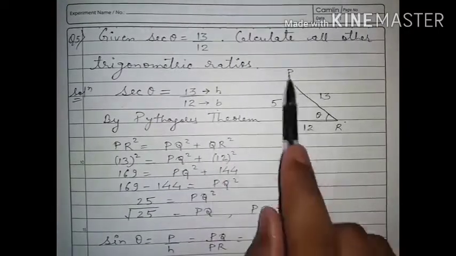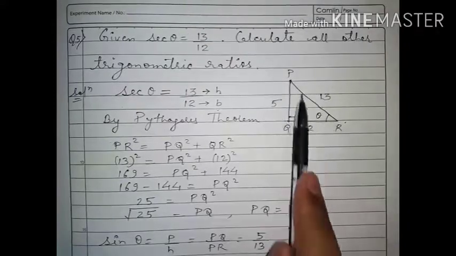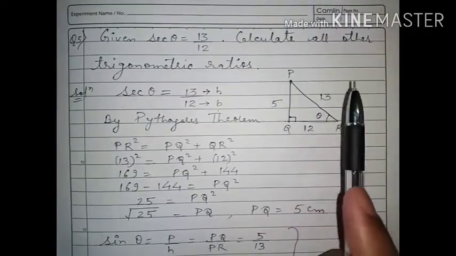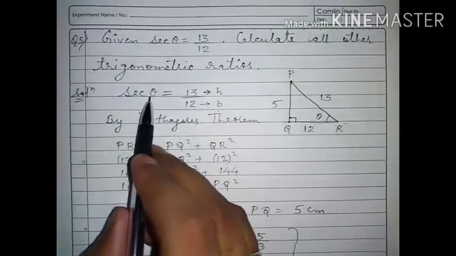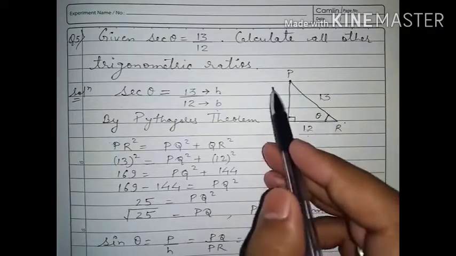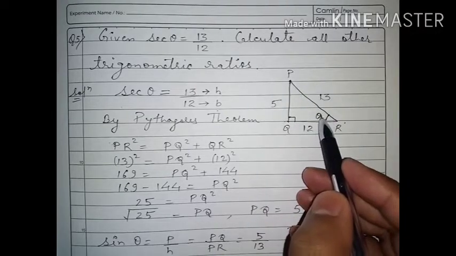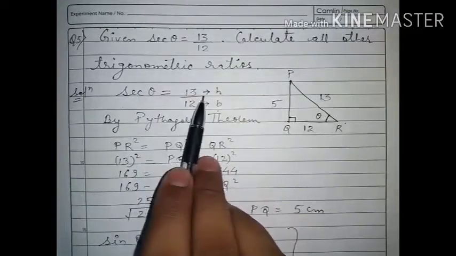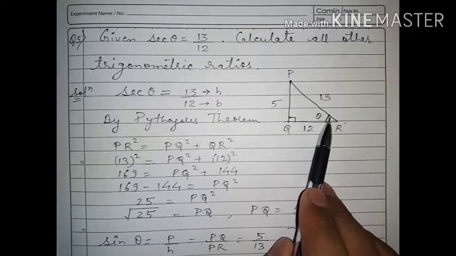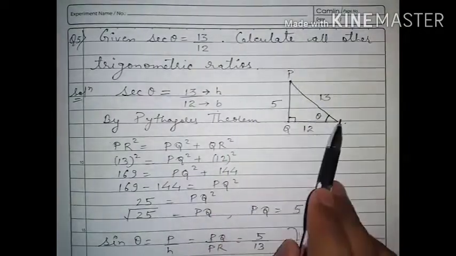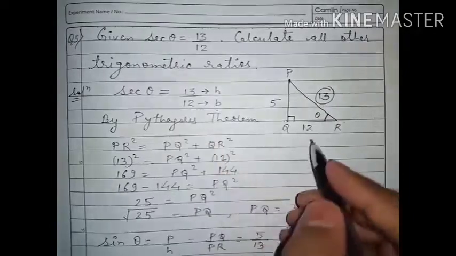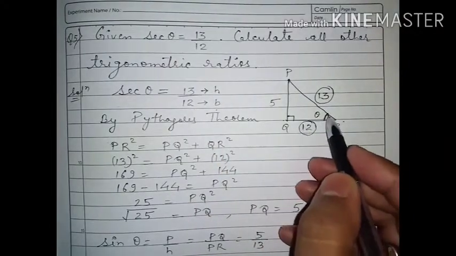Okay, so first draw one right angle triangle, that is PQR. You can consider any triangle PQR or ABC or XYZ, it doesn't matter. So here the angle is theta, you can consider theta anywhere, here or here also. Okay, so I take it here, theta angle. According to this theta, this is hypotenuse 13 and base is 12. So with respect to this angle theta, hypotenuse is this side, the longest side, PR. So I write it here 13. And the base is 12, so base is here 12 with respect to this angle theta.